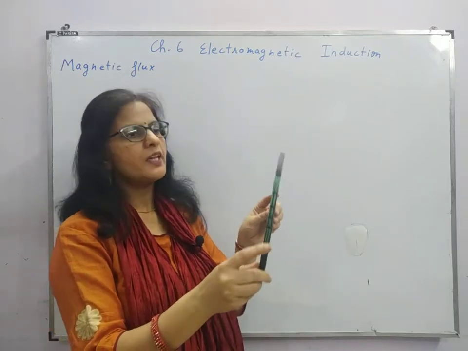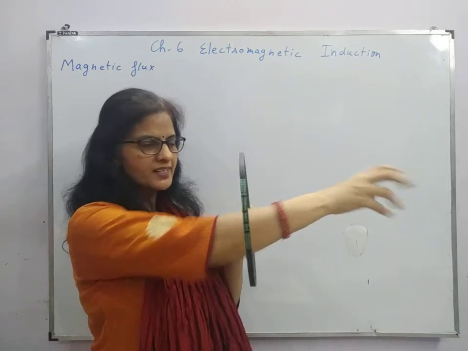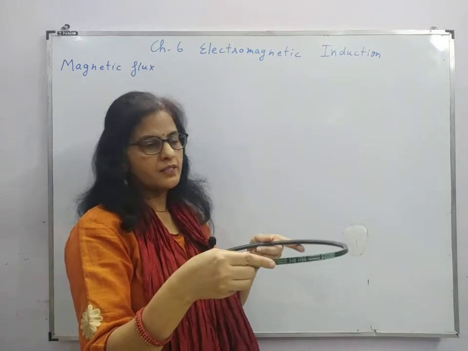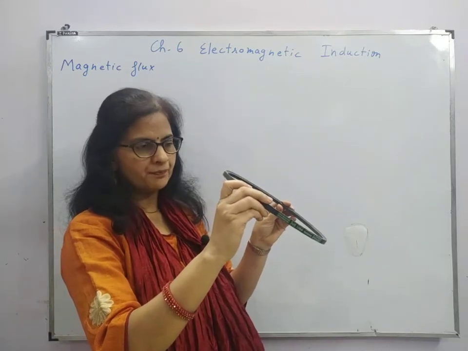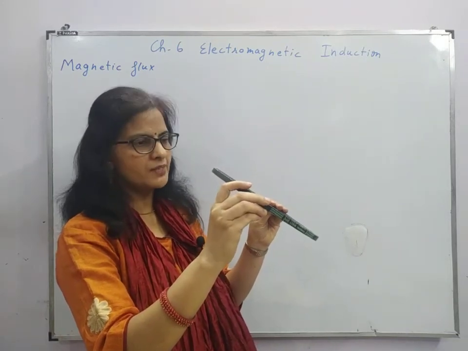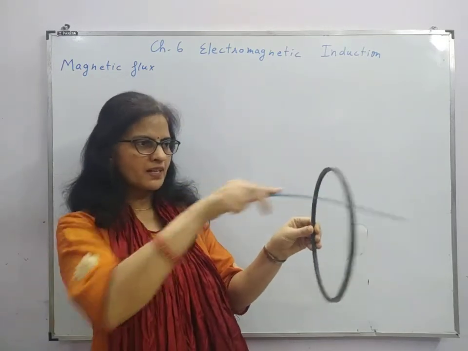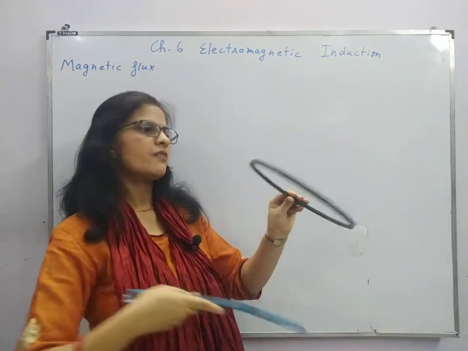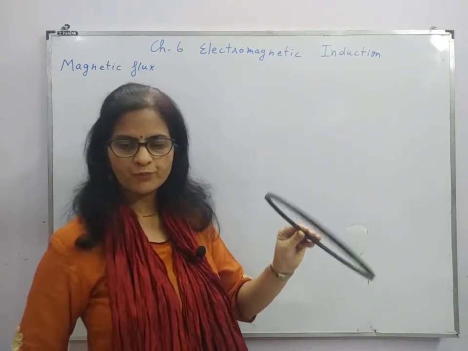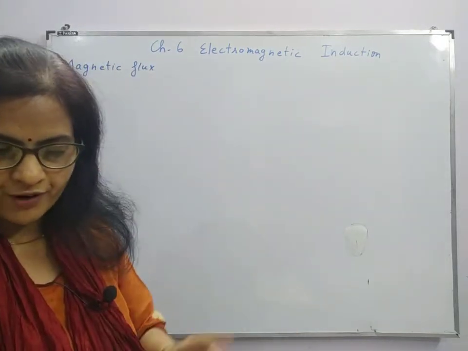Now look at this coil. In case this is kept like this, the magnetic field lines will be maximum. In case it is kept like this, the magnetic field lines will be 0. But in case it is oblique, the number of magnetic field lines will decrease, but it will not be 0. Because we know that if this is perpendicular, all will pass. If this is parallel, nothing will pass. If it is oblique, then some will pass, right? So I can draw these three diagrams after defining it.